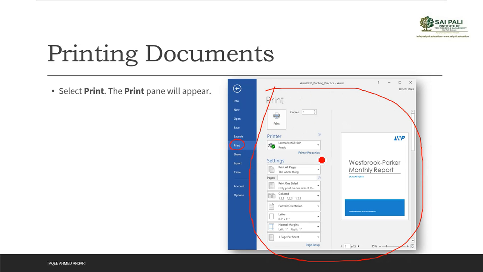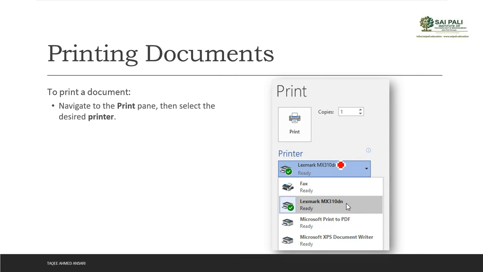Now in this print pane, you can decide multiple options, and then you can select print. Suppose I want to print my document. First I have to select the printer. From this printer drop down, when you click, it will open and show you all the printers you have. All the printers which are connected to your system, or connected from the network, either a shared printer or network printer, you see all those printers here. This symbol means this is your default printer. So you can choose your default printer, or you can choose any other printer.